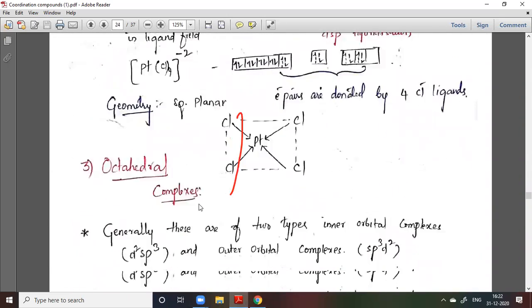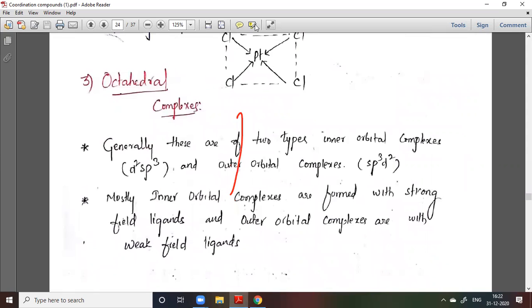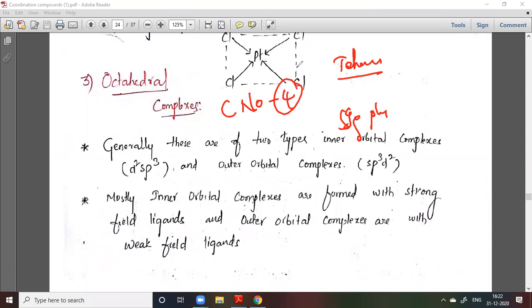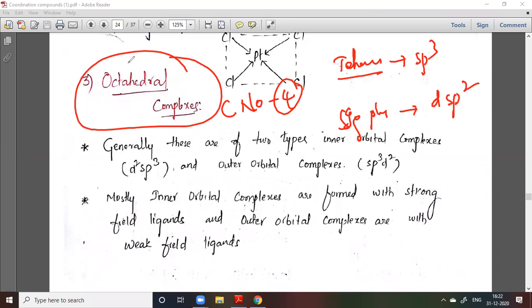Again after this, now you have to understand the octahedral complexes. But octahedral complex I will tell you later in the next video. But you must know or understand the tetrahedral complexes and the square planar complexes. The coordination number for each geometry is only 4. But the tetrahedral will have sp3 and the square planar which is dsp2. In the next class I will tell you the octahedral complexes. Till now it is enough to understand this tetrahedral and the square planar complexes. Thank you for